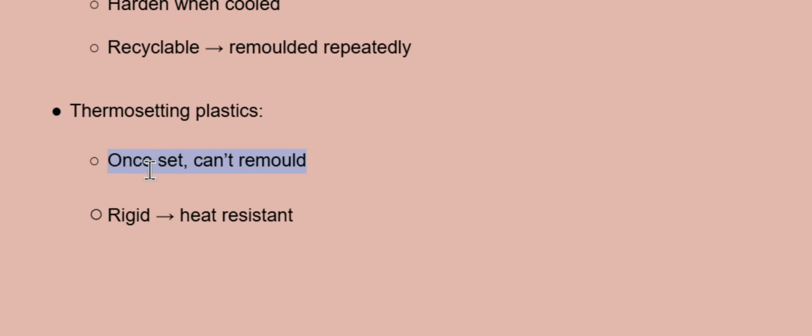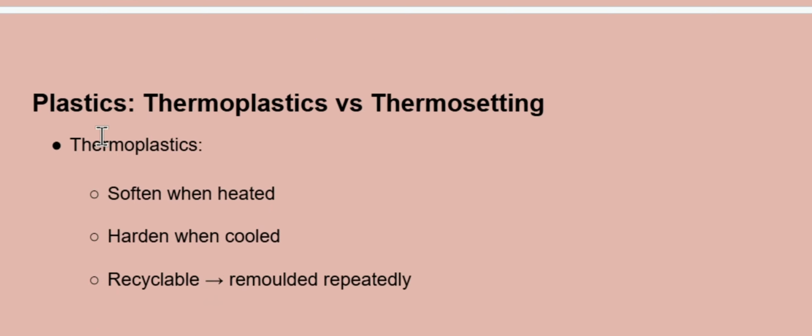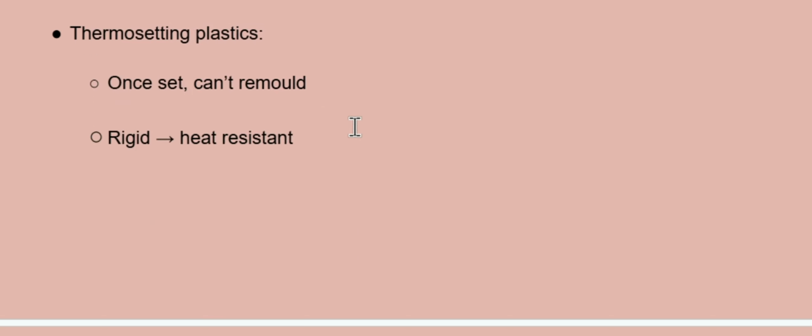Why use thermosetting then? Because thermosetting plastics tend to be more heat resistant. So if you're dealing with hot liquids in pipes, for example, thermosetting will be a better choice than a thermoplastic, because under heat, thermoplastics become soft quicker. So thermoplastics, you can remold and use again. Thermosetting, once they're set, you cannot remold and you can't recycle.